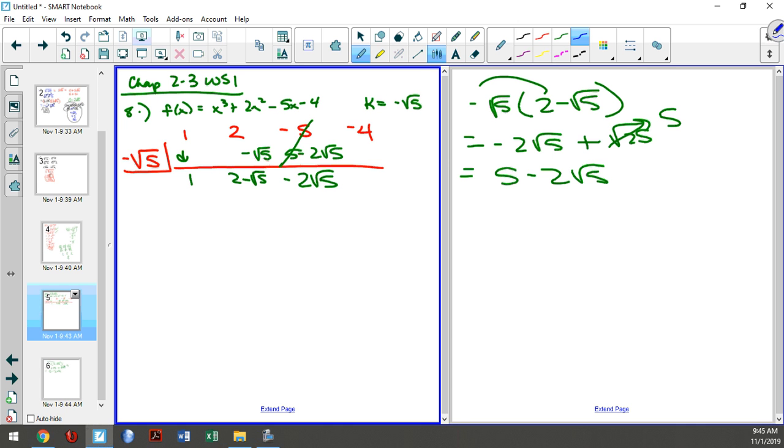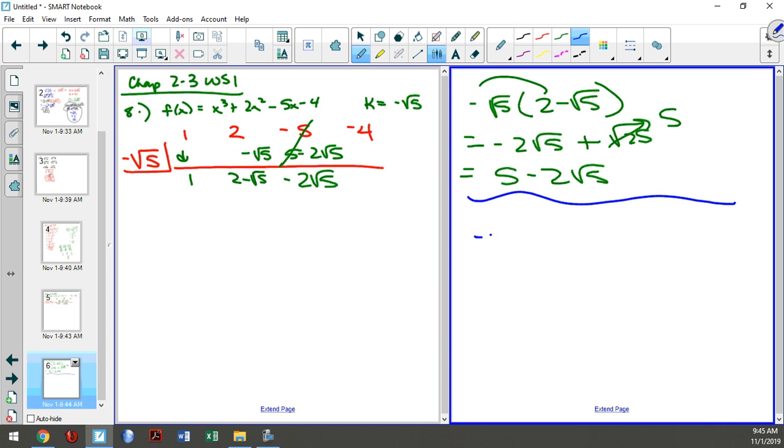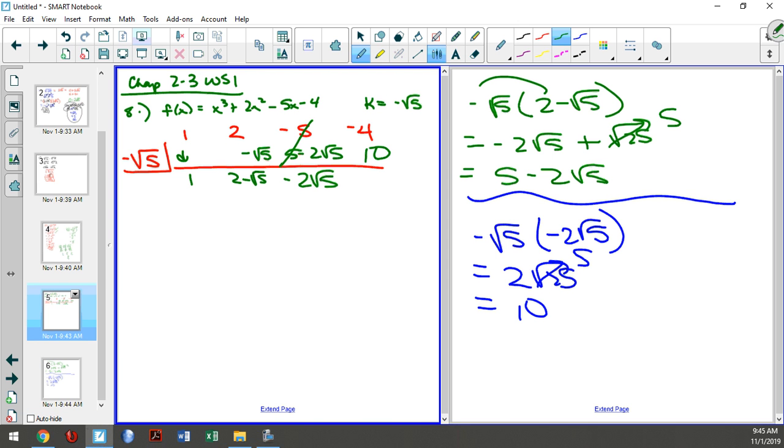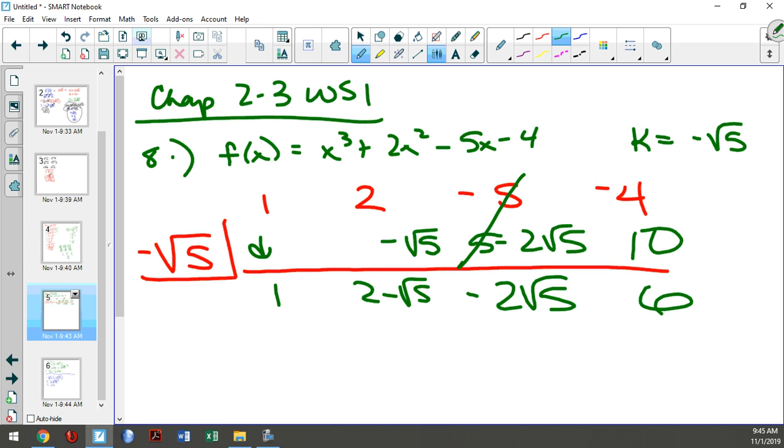So I'm going to come back over here, and I'm going to take negative square root of 5 times negative 2 square roots of 5. So that's going to give me a positive 2 square roots of 25, which is going to come out as a 5, which gives me a 10. Yes? So 10 goes here, and that's going to give me a 6 as my remainder, which means if that is my remainder, I have to write this